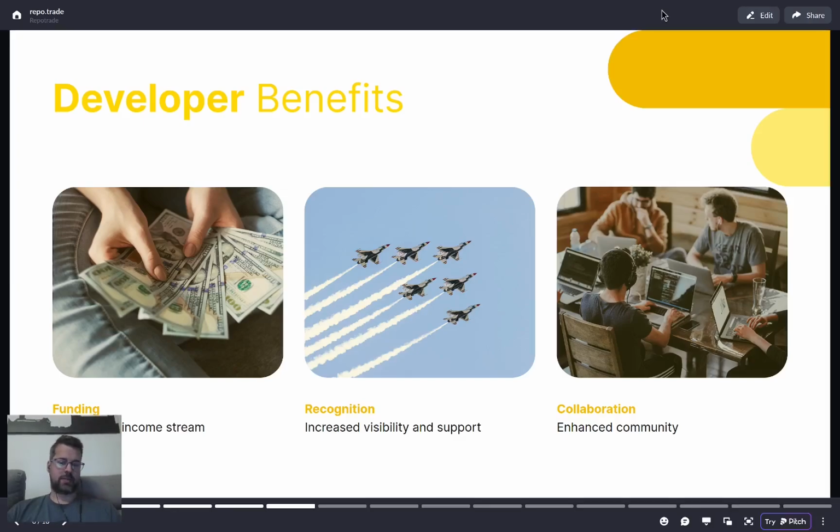Secondly, there's recognition for the developer, because once the token is traded heavily and volume picks up, people are going to be curious about the open source software itself as well as the author behind it. Thirdly, we hope to enhance community engagement and collaboration. How to do that? Quite easy. Once you find a bug, you report it to GitHub, earn tokens. You fix a bug, you earn more tokens.